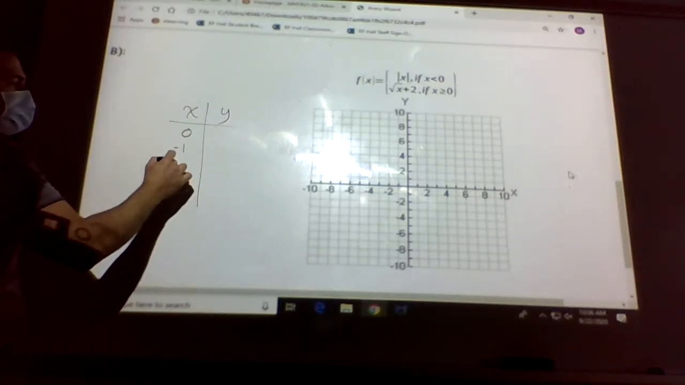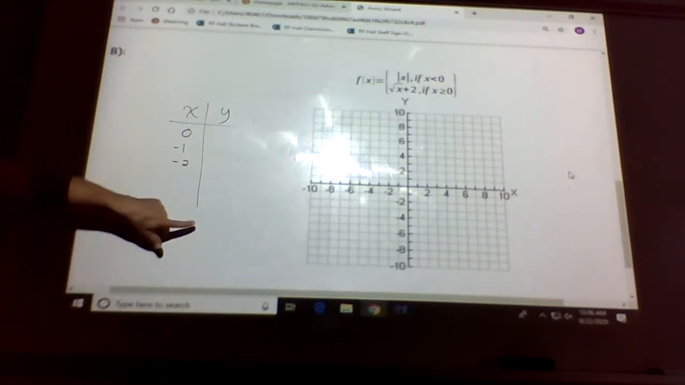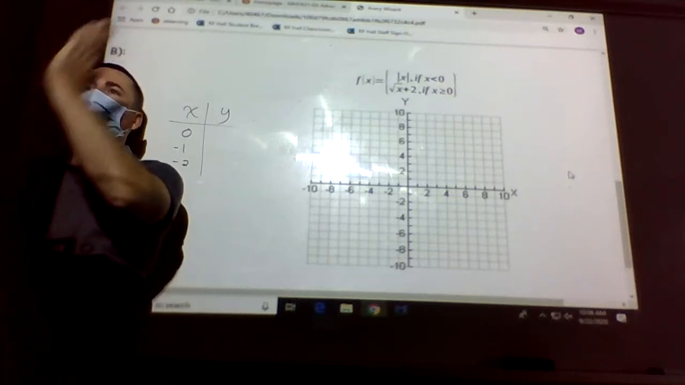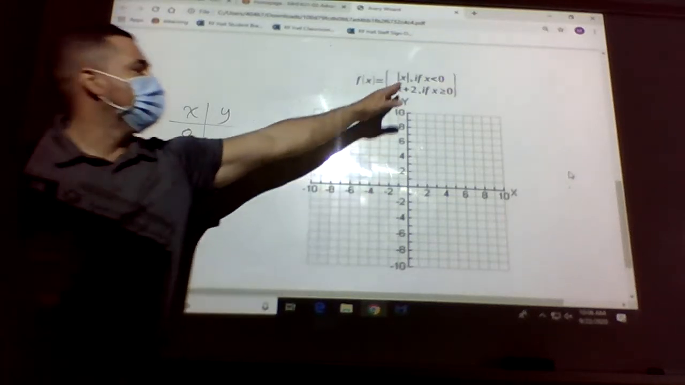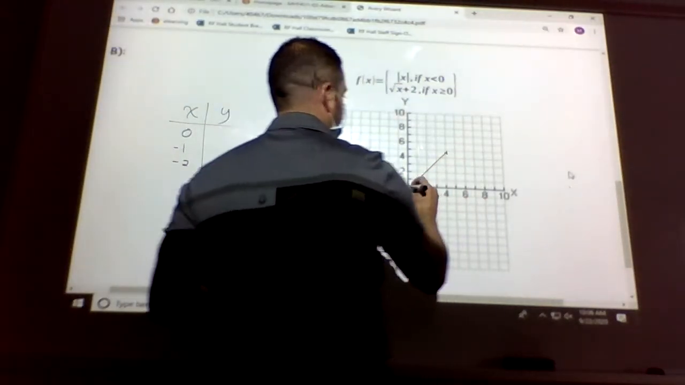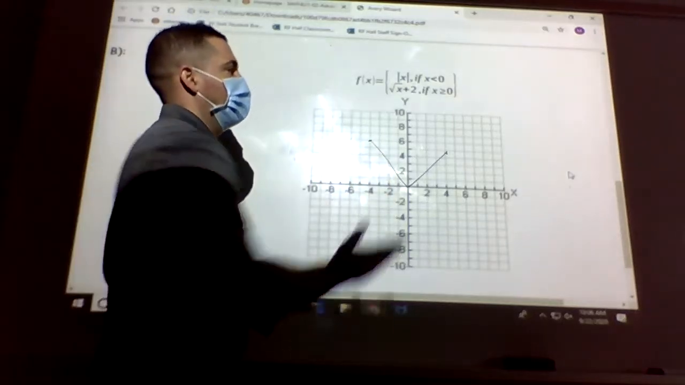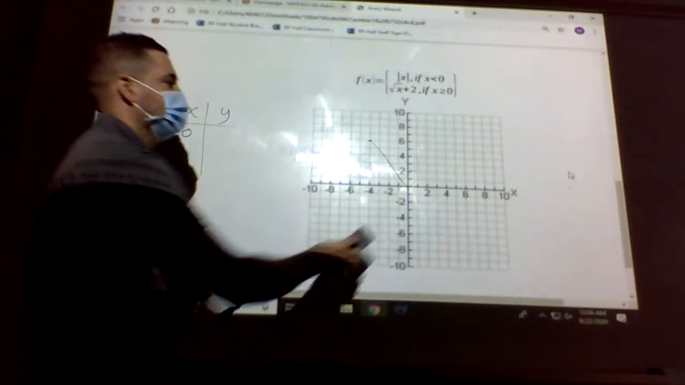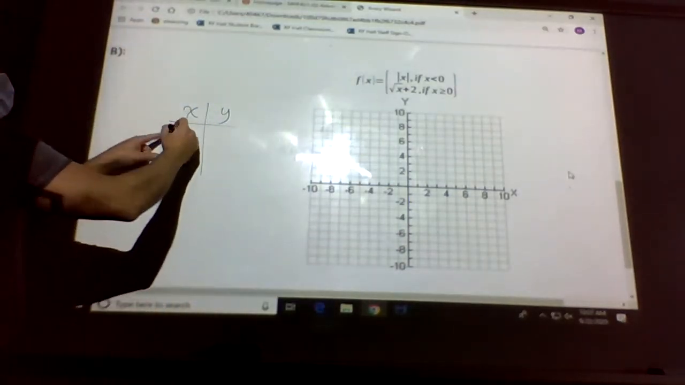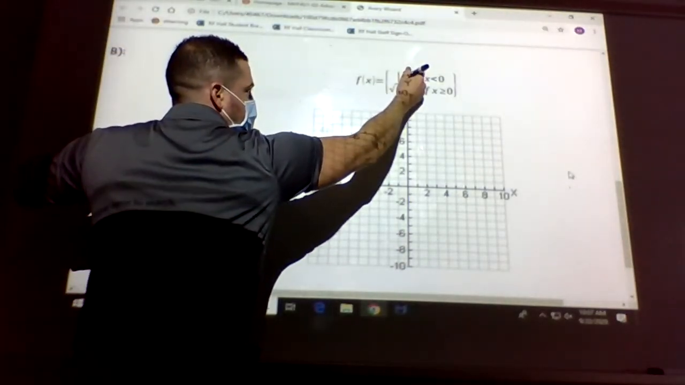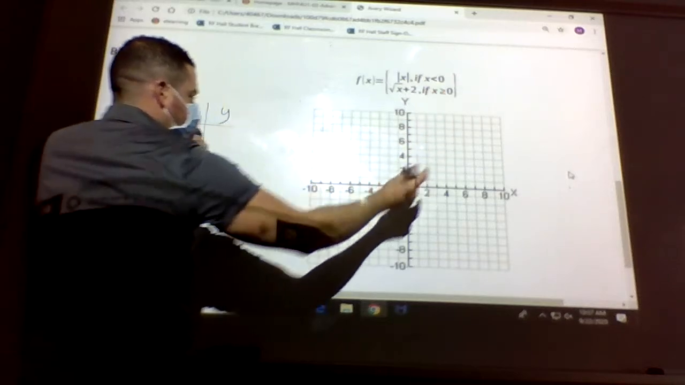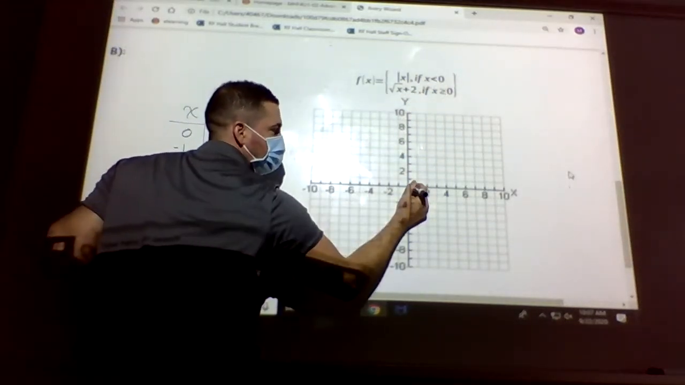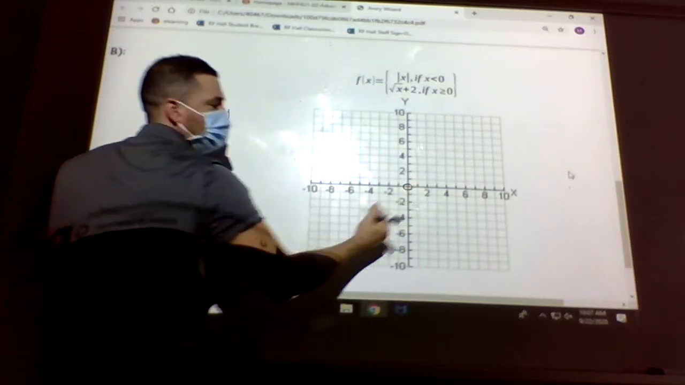So 0, -1, -2. I'm just gonna do 3 points because an absolute function is just a V, so it's 2 straight lines. We know the parent function should look like this, but we're not using values larger than 0, so it should look something like that. So we plug 0 into the absolute function, you remove the brackets, it's still 0. So 0, 0, but it does not include 0, so we're gonna put an open circle or a